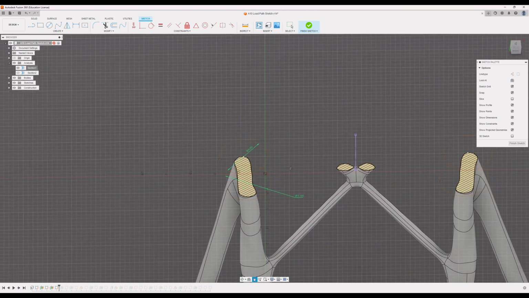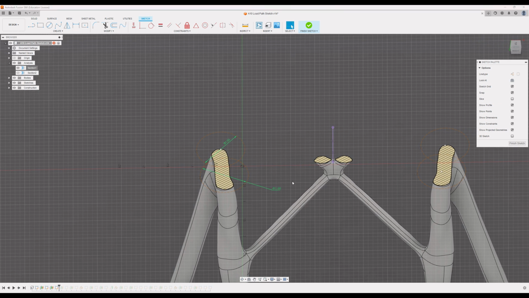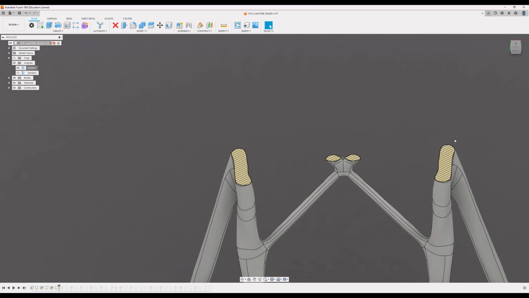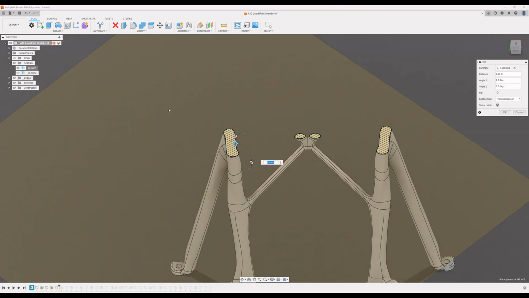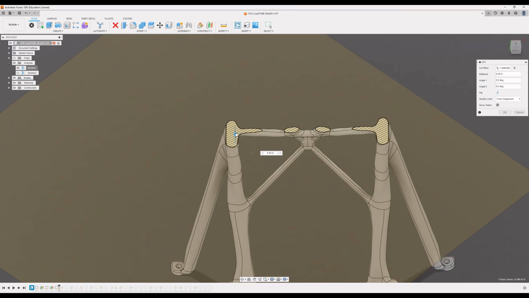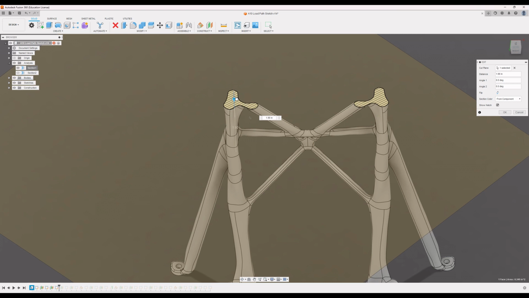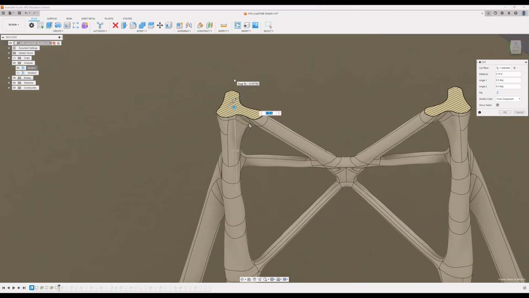So here you can see I've just set 2, and this is a good time to talk about these sorts of flats versus cylinders. Like the legs are cylindrical and they're pretty easy to find, but this whole central structure here is created with a triangular solid. So for the most part, I've found that you can just model the outside, and you can see it's very easy to see